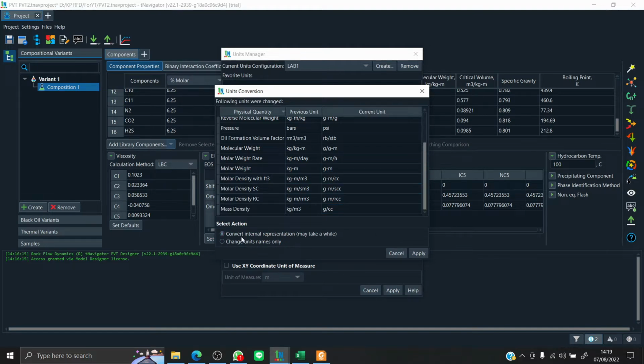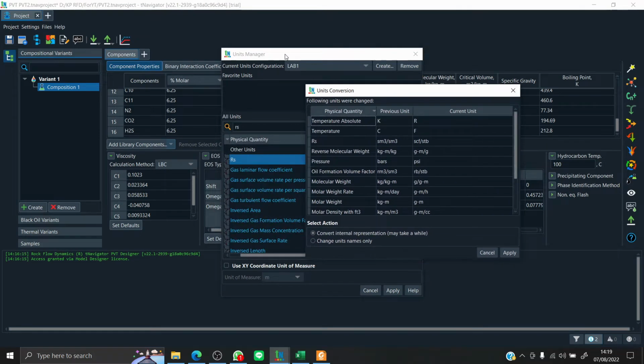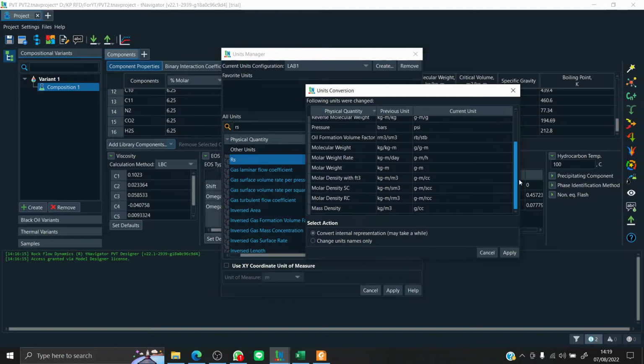Okay, we can choose to convert internal representation or change the unit names only, because we already input the components with all their parameters. We have to convert the internal representation so that the data is still correct.